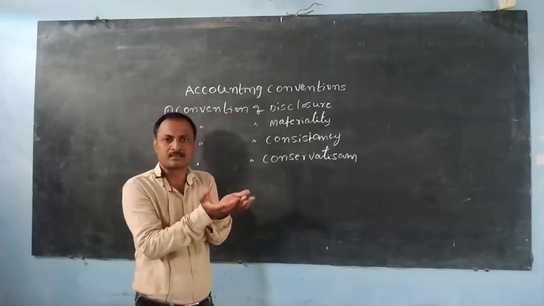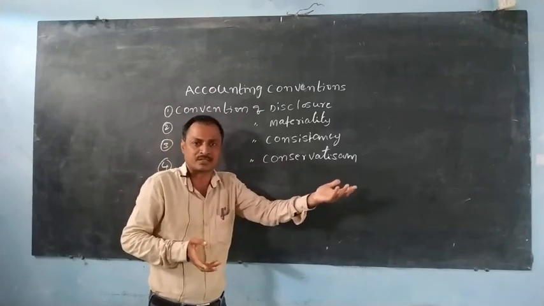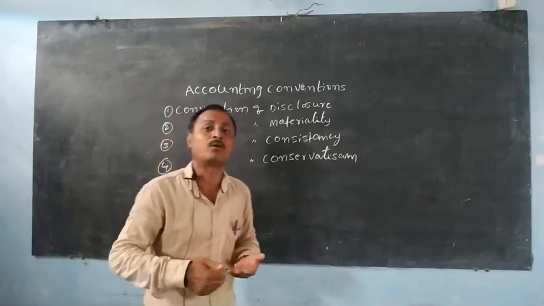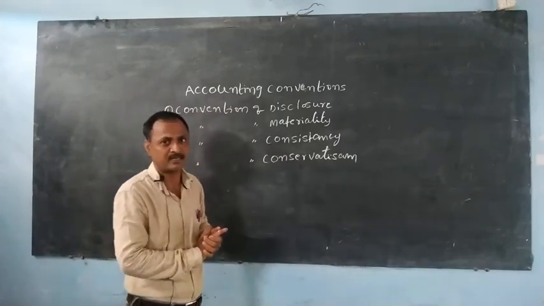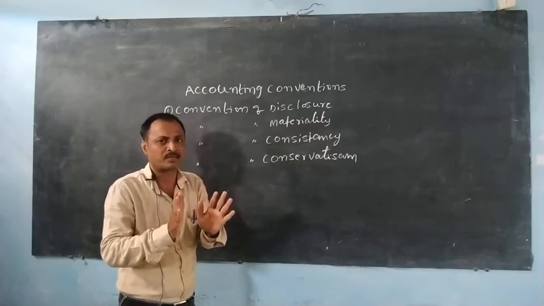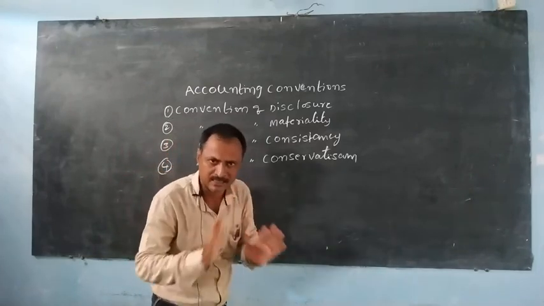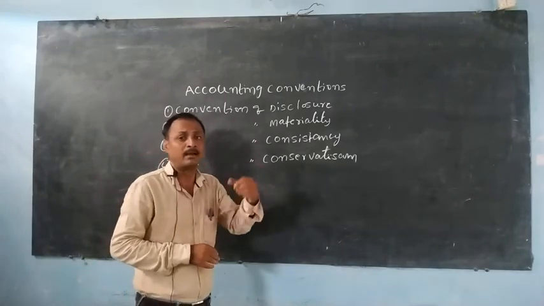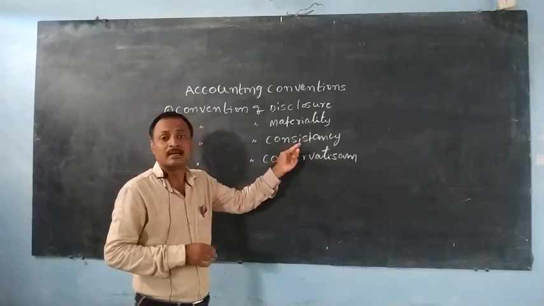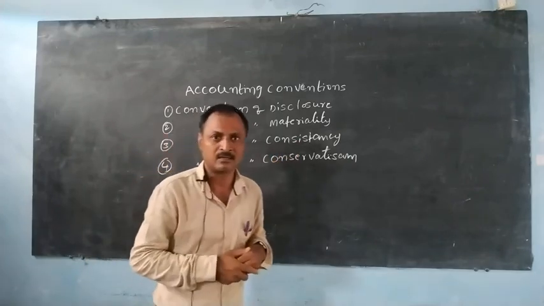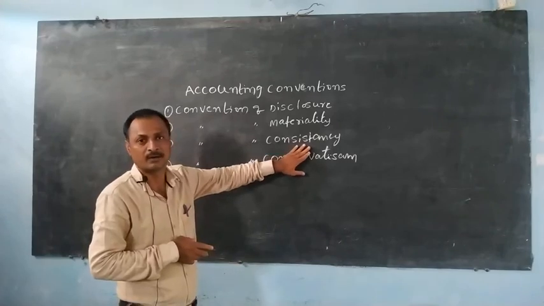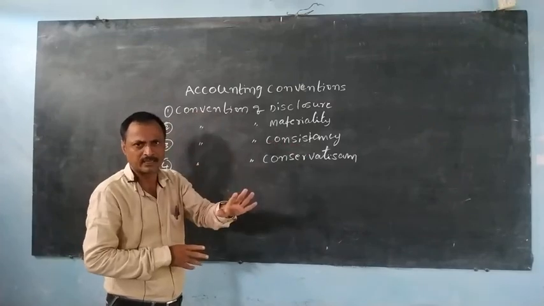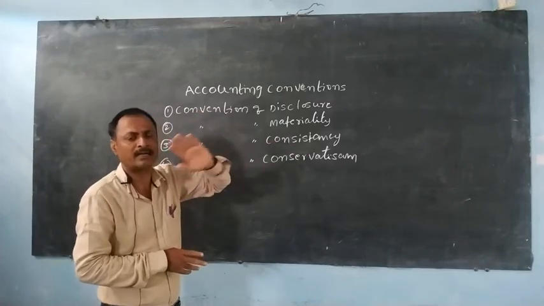But what did one businessman do here? In the last year he followed the straight line method for a particular asset, and in the current financial year he followed the DBM method, that is, the diminishing balance method. Then true information, the furniture balance or the asset balance, we cannot get. If both methods are followed and methods are changed, that becomes inconsistency. So consistency is very important. Accounting methods and techniques must be followed uniformly and stably.